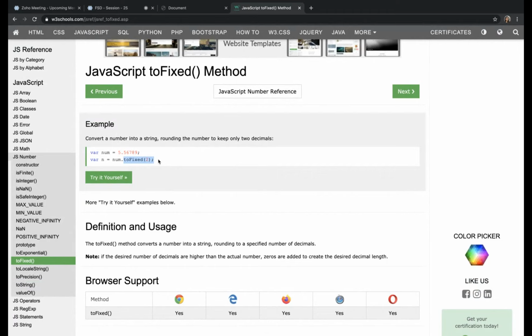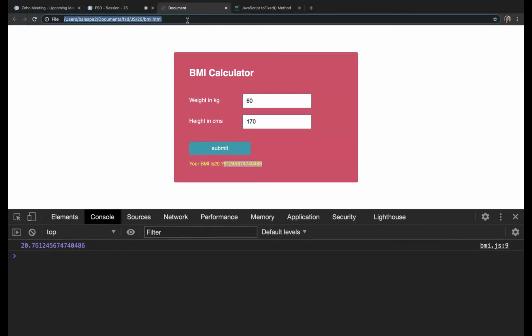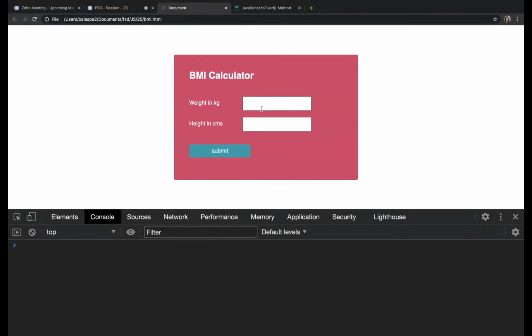What this toFixed will do, if I give it here directly, let's check. It will limit the value after the decimal. It will round the value to two decimal points.